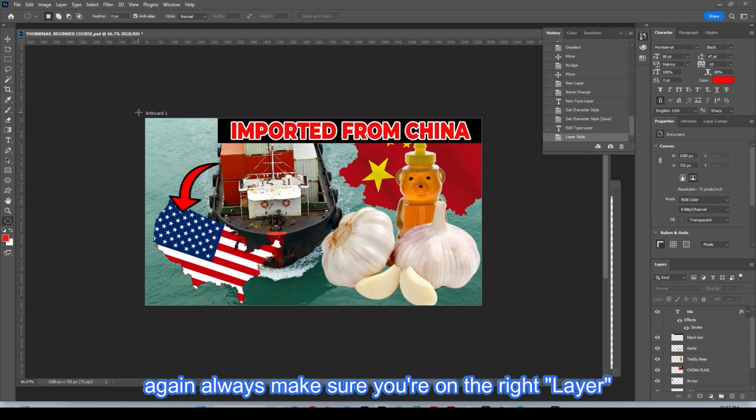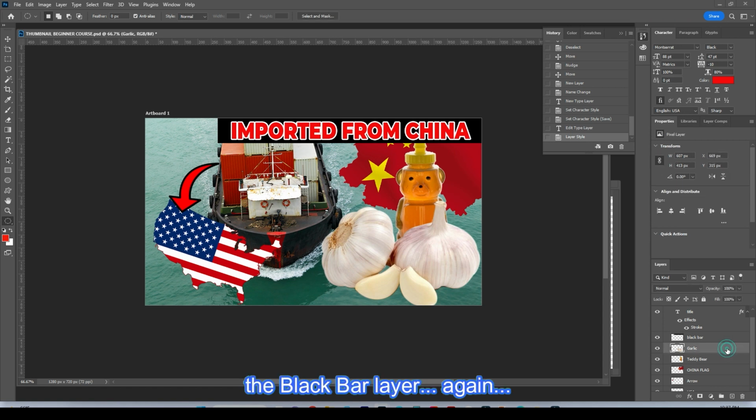And I'm going to, again, always make sure you're on the right layer. So I will put it below the black bar layer. Again, click on the plus here. I would name this ellipse. Okay, and now I'm going to create a